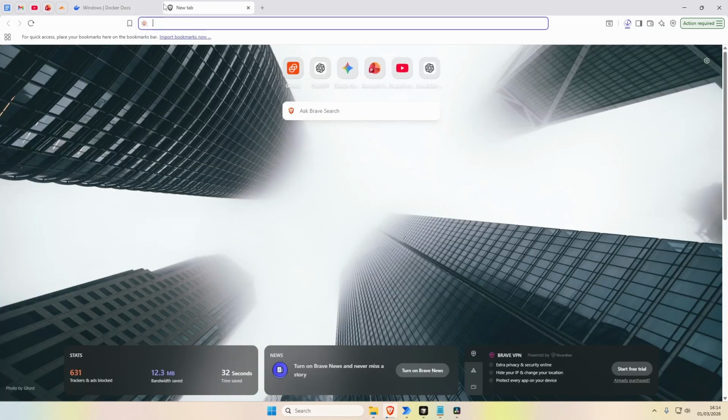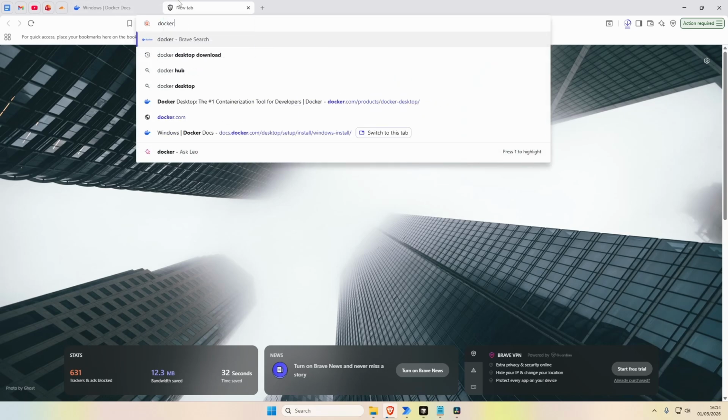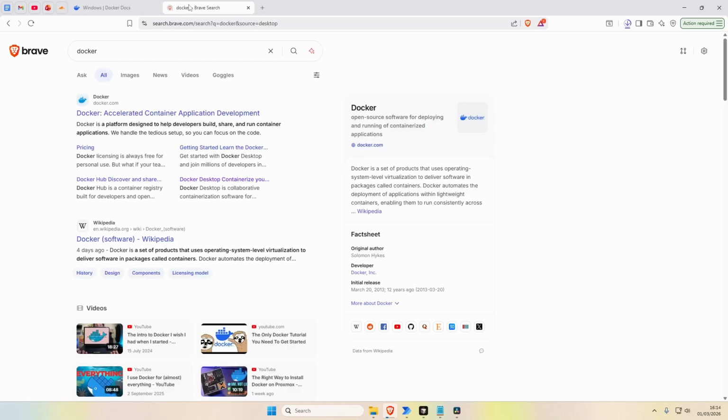And yeah, let's see before what is Docker. So what is it in easy words? Docker is a tool that lets you easily run any software container on your OS, your operating system. Docker is a platform designed to help develop, build, share, and run container applications. So a container is like a